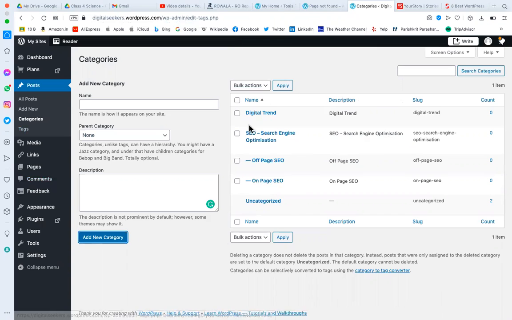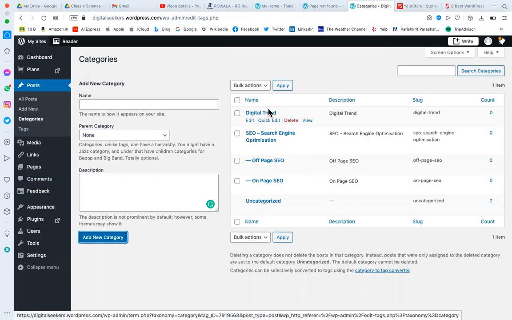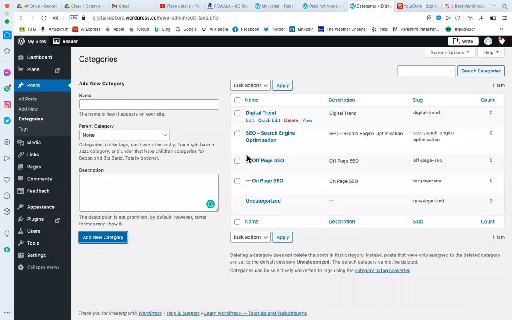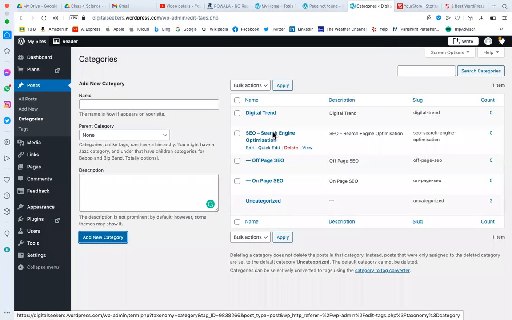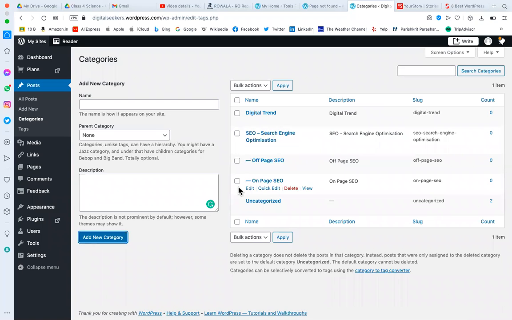This category will be visible anywhere only when this category has a post. Only when it has a post can you manage this category on your website. Aditi is asking, why do we need to create a category? We are creating categories to organize our information. If you are creating a 2-page or 5-page website, it's okay, you may not require to create categories.